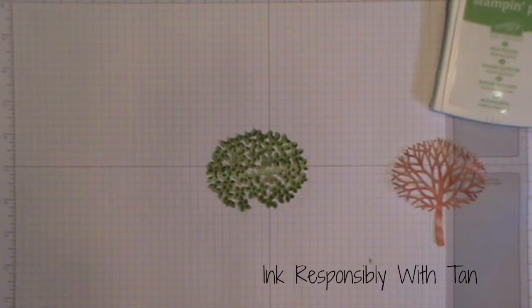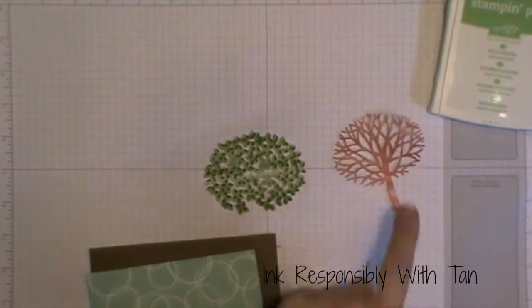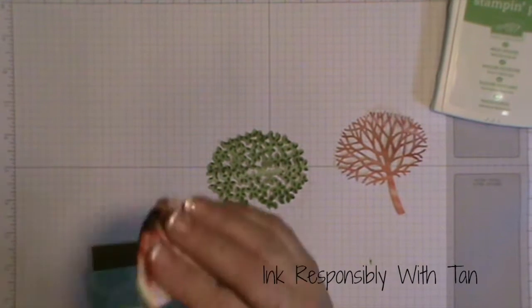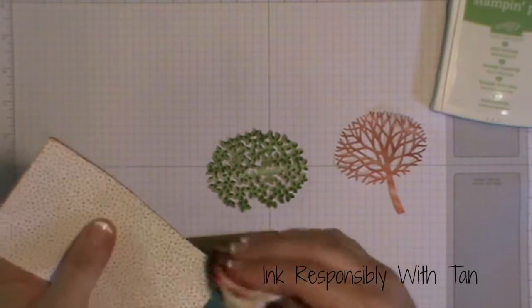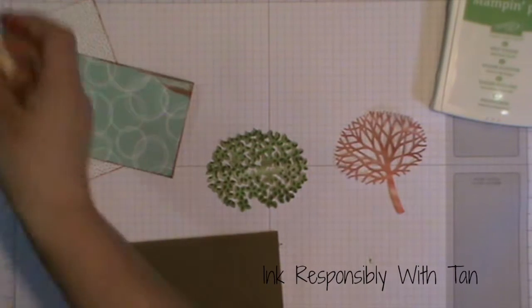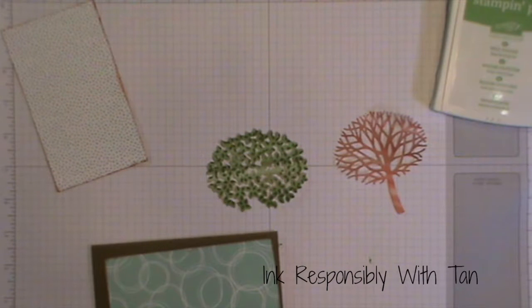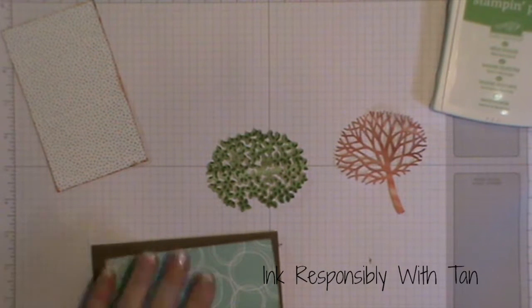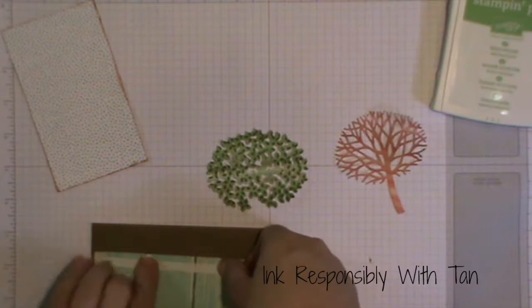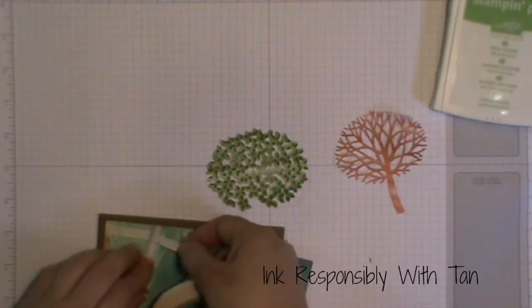So now all I need to do is put the card together. So to ink around the edges, I'm going to use that same baby wipe that I used to make our pattern paper for our tree. And I'm just going to run this just roughly. So I've got that now. So I'm just going to grab some tape, and I'm going to pop it onto the back